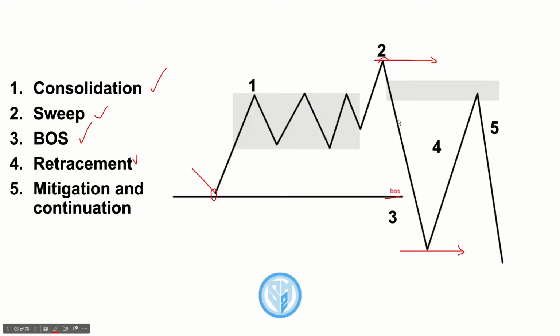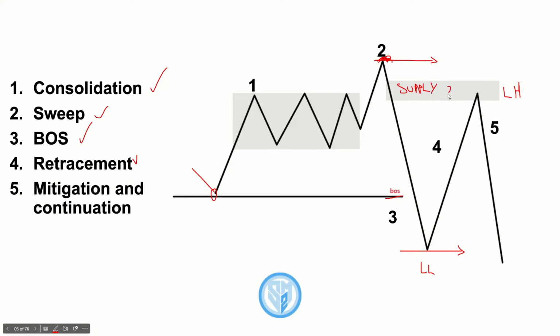Price is going to inevitably begin to retrace in the opposite direction after doing an impulsive move towards the downside and breaking structure towards the downside. We've created a new lower low, and price now needs to come up to create a lower high in comparison to this overall high over here after the sweep. So where is price going to retrace to? We know that price is attracted to areas of fair value gap and areas of supply. In this case, it could be supply or demand, but in this case it would be this supply zone